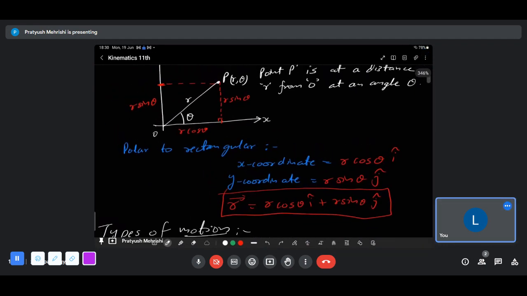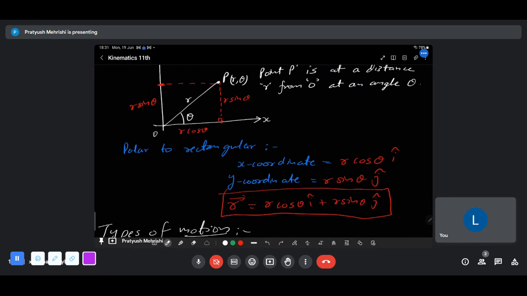By taking components, as you have studied in vectors. As per the vectors, we are taking the coordinates r cos theta and r sin theta. In the direction of theta, we always take cos theta. Whenever we are calculating this adjacent component, where theta is on this side, we will write cos theta. Always remember that in the direction of theta, cos theta will be there, and in the direction perpendicular to theta, it is sin theta.